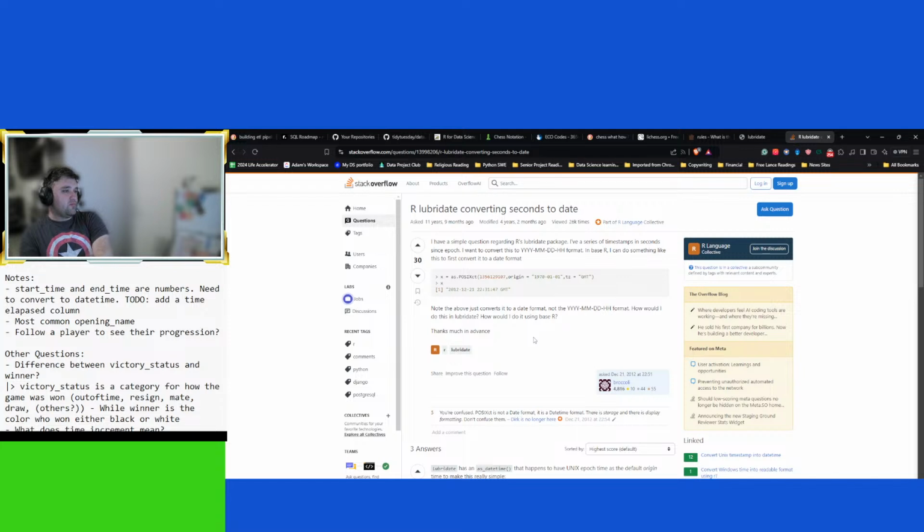Okay. A series of timestamps in seconds since epoch. Want to convert this into year, month, day, hour format in base R. I can do something like this.